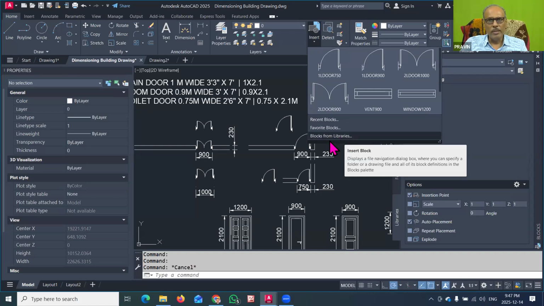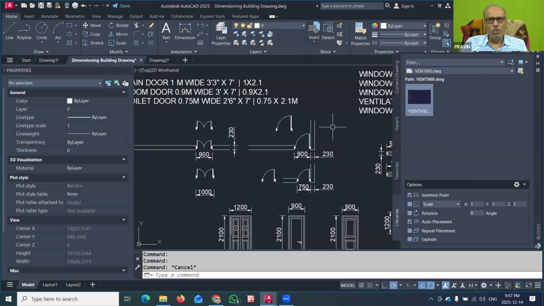Those who want that symbol library, send me a WhatsApp message and I will give you one list. It is a PDF list where the various room symbol details are given, and by referring to that list you have to create your own symbols on your laptop and create your own symbol library.